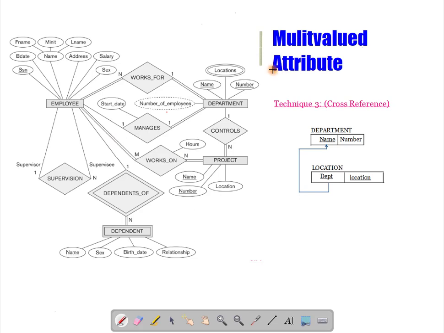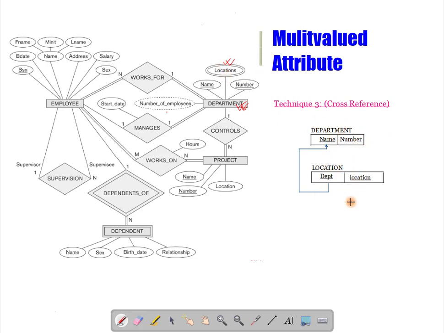So let us now see how you can convert the multi-valued attributes. In the department entity, there's an attribute called location which is multi-valued. For multi-valued attributes you have to create a separate relation. So department will have only name and number, and there will be no location attribute in the department relation.